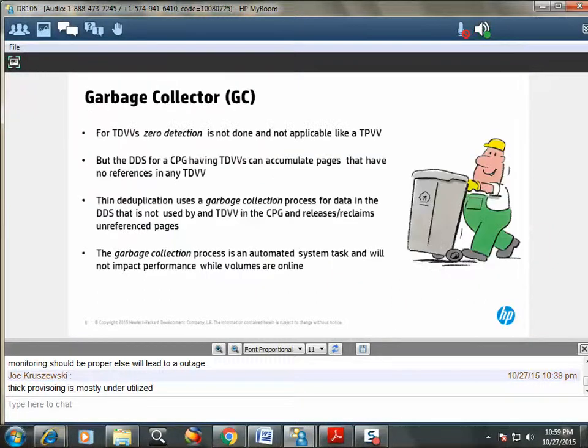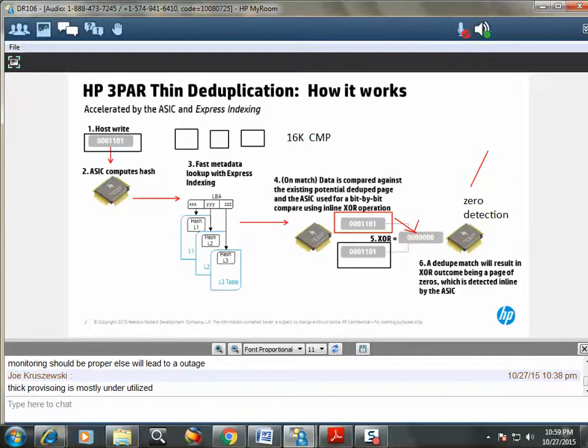So yeah, that's a little bit about the dedupe. Here are a couple more things in terms of the dedupe. One of the things I probably won't get into a lot, I will a little bit later on, is what happens with the general thin provision volume, as I just mentioned. There are a couple of use cases. With the thin provision volume, this ASIC is going to do zero detection. With a thin provision volume, not a thin dedupe volume, it does what's called zero detection. Now, eventually, for a thin dedupe volume, this ASIC is a player, it's zeroing this page out and then doing zero detection. But with the thin provision volume that's not deduped, it's possible a page could come in with zeros